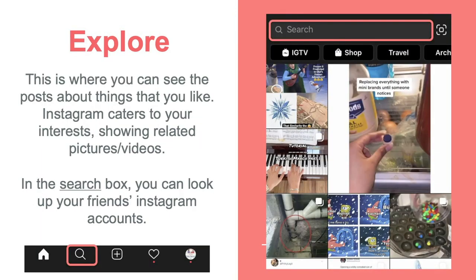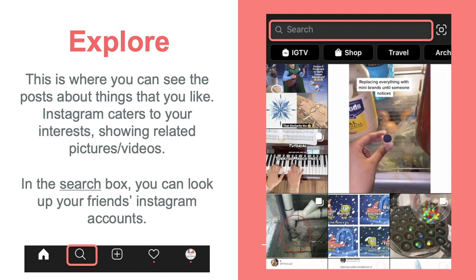So there's a lot of different things that people post on Instagram. And like I said, it's kind of a global community of whatever visual entertainment people want to put on there. So you can search up a lot of different interests that you have or things that you're curious about and want to see more. And you do that by using the search button, which is the magnifying glass that's going to appear at the very bottom of your phone screen.